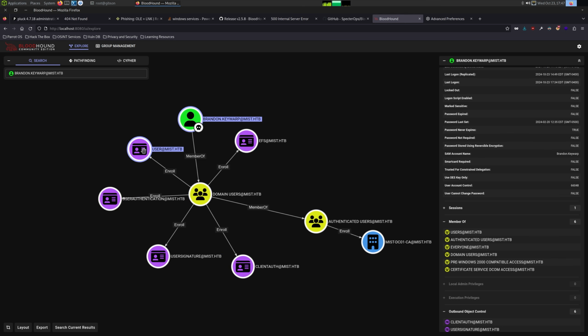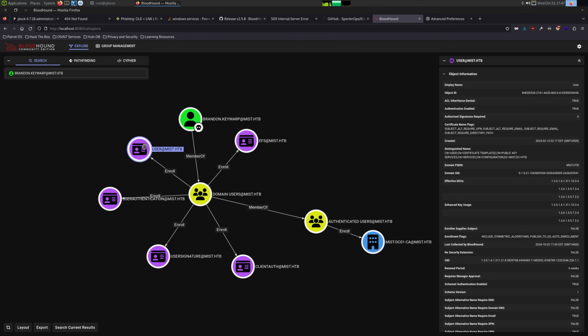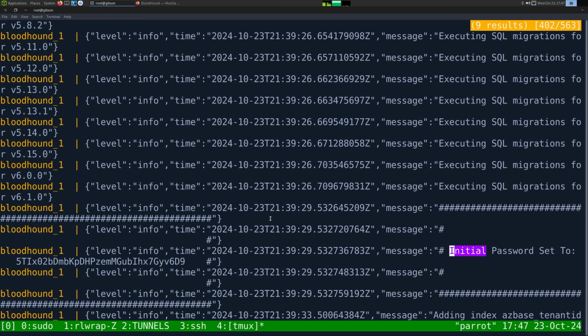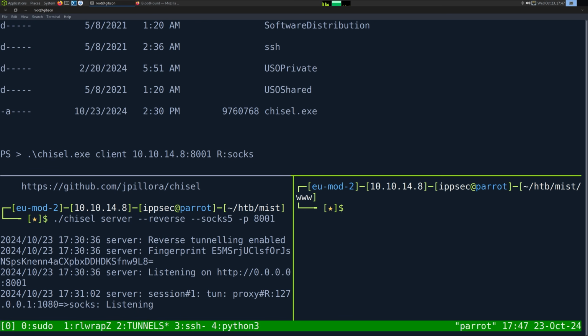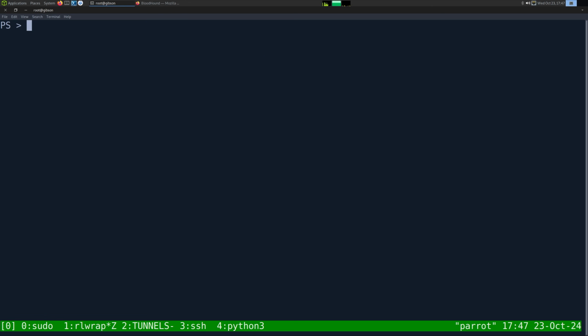So if I wanted to, I can use a pass the ticket attack by enrolling in the user's template and then getting the NTLM hash that way. So let's use Certify to do that. So I'm going to go back to my session. Let's see, PWD, I'm in program data. So I'm going to